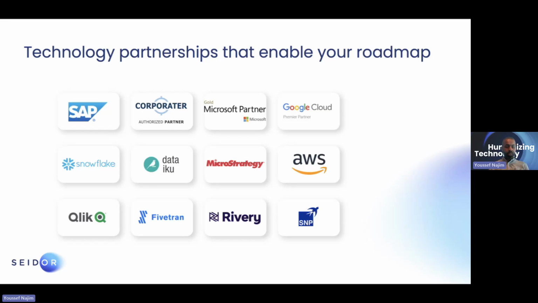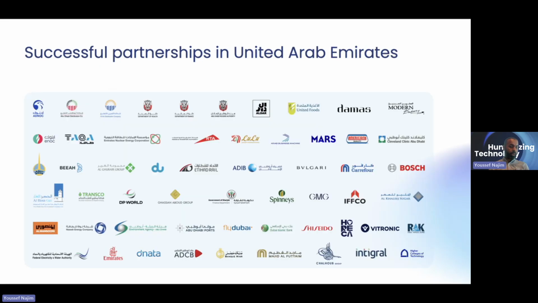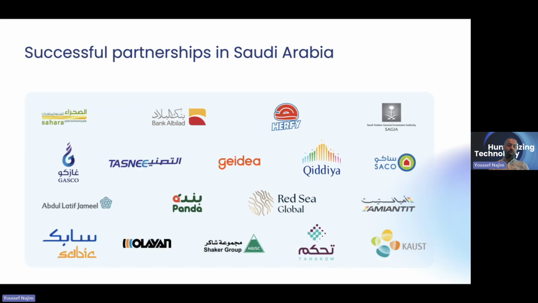As you can see, we're a platinum partner with SAP. We're a proud partner of Corporator, delivering the most amount of projects worldwide. So far, we have delivered 17 projects with the solution. We're also a gold partner with Microsoft, and the list goes on. These are just a few of the customers that we have implemented the solution of Corporator for, whether it's in the resilient index or on individual GRC components, as well as performance and strategy management.